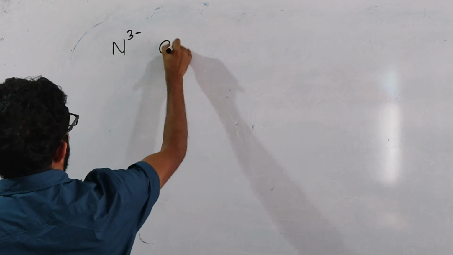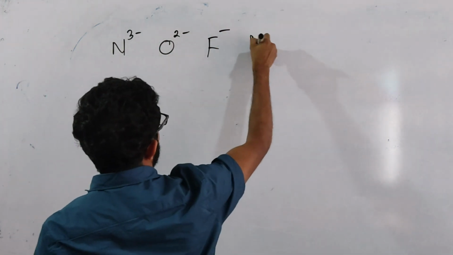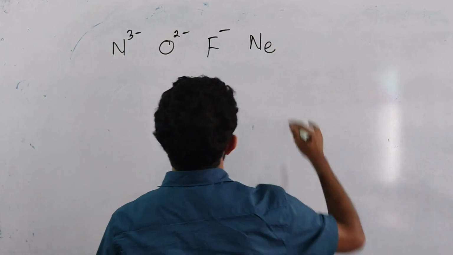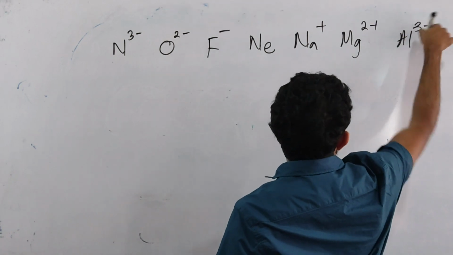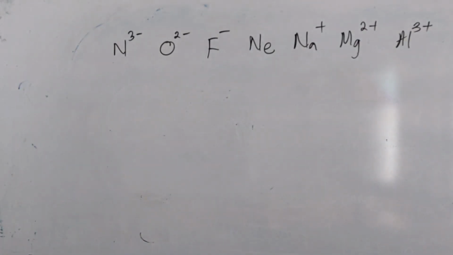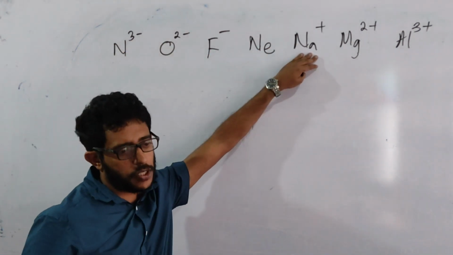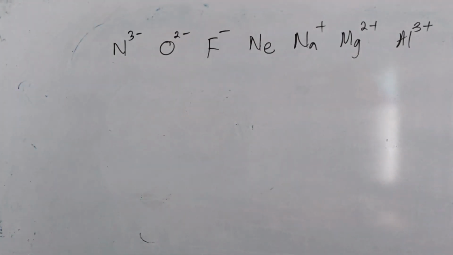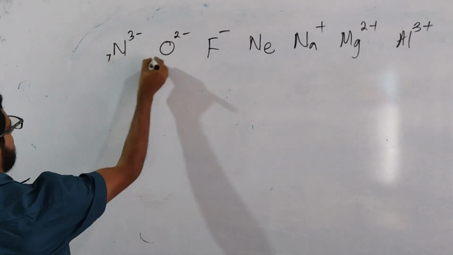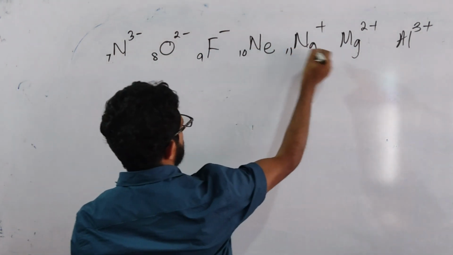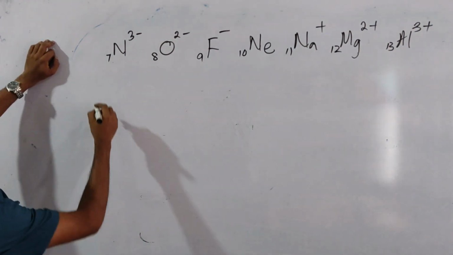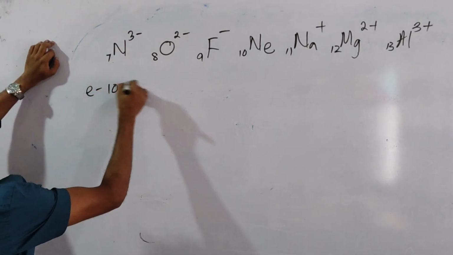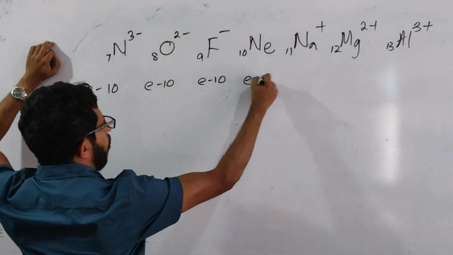If I take N3-, O2-, F-, neon, I just keep neon as well, it's not an ion, Na+, Mg2+, Al3+. Electrons are removed to form cations, the positive ions, and electrons are gained to form the negative ions. The atomic numbers are 7, 8, 9, 10, 11, 12, 13. Depending on the number of electrons removed and gained, if we talk about the number of electrons, this is 10, this is also 10. So all of them have